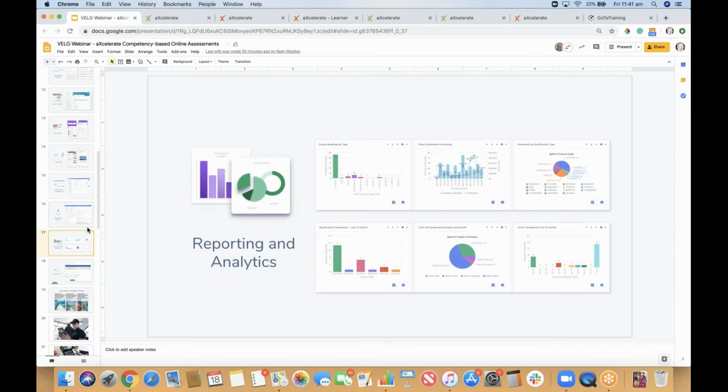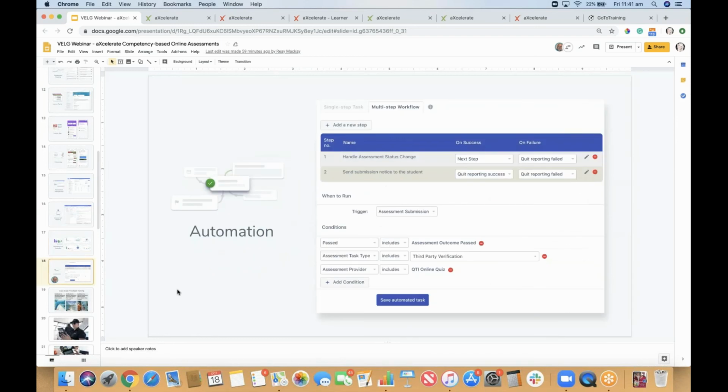So that's something that we're working on at the moment, and our plan is to roll out some new analytics capabilities in the new year in relation to that. As far as automation is concerned, we realized probably 7 or 8 years ago that automation was going to be